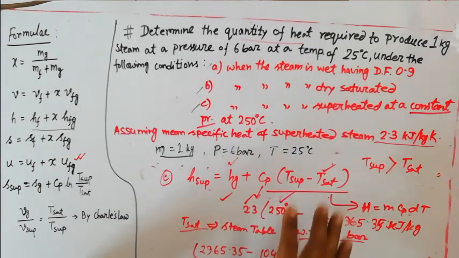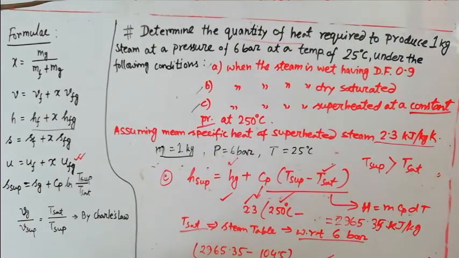Okay, that is the whole solution of part A, part B and part C. If you have any confusion, first solve it with your own steam table, pen and copy, and then if the answer is not matching with mine, reply back or comment on it, then I can help you more.